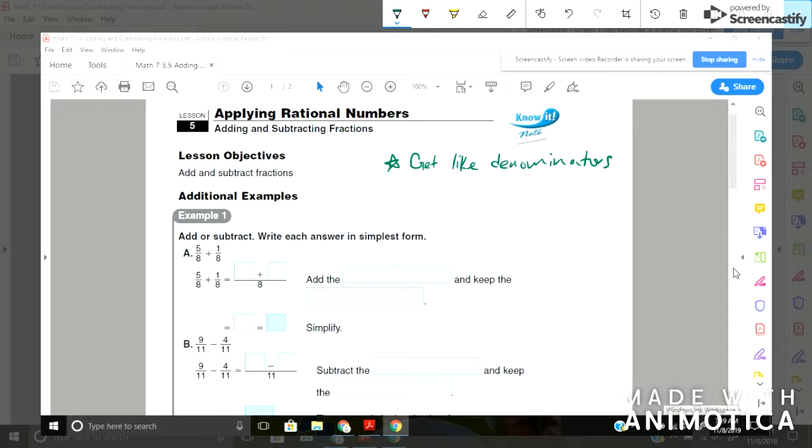Okay, and if you don't remember, the denominator is the number on the bottom of the fraction, and the numerator is the number on top. So if you want to write that down, if you don't remember, go ahead. So we have numerator and denominator. All right, so we need to get like denominators to make sure that our denominators are the same number before